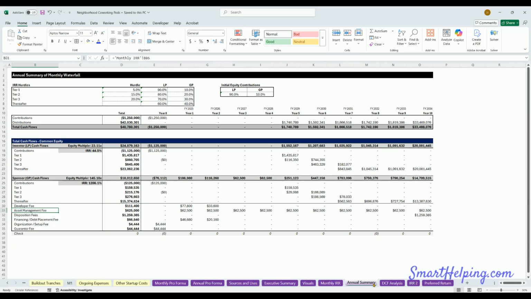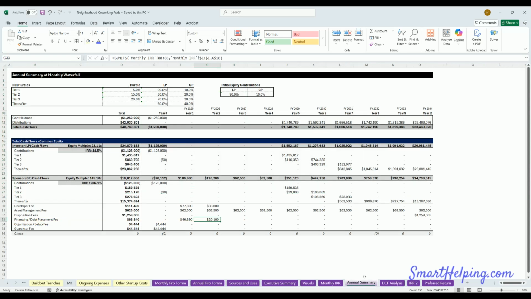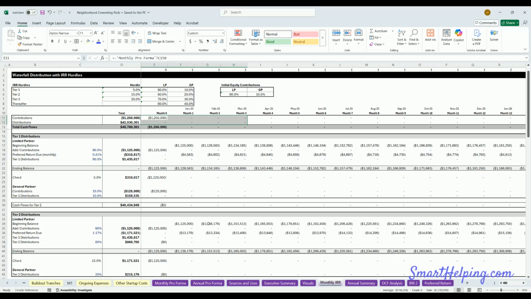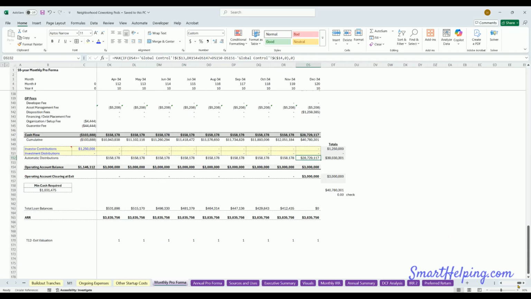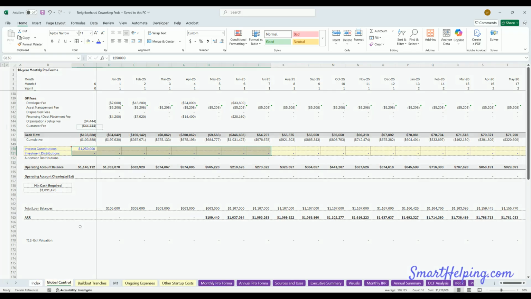You could hide the tabs you don't want to use. That's fine. I wouldn't recommend deleting tabs, but you could definitely hide them, because some of them do reference the others just as far as cash flow streams, not any logic or anything, or developer fees or GP fees. But that's what's going on there. And again, there's been a lot of time and effort going into figuring out what clients like the best in this style. The number one style, and that's why I put it at number one, is the most commonly used,